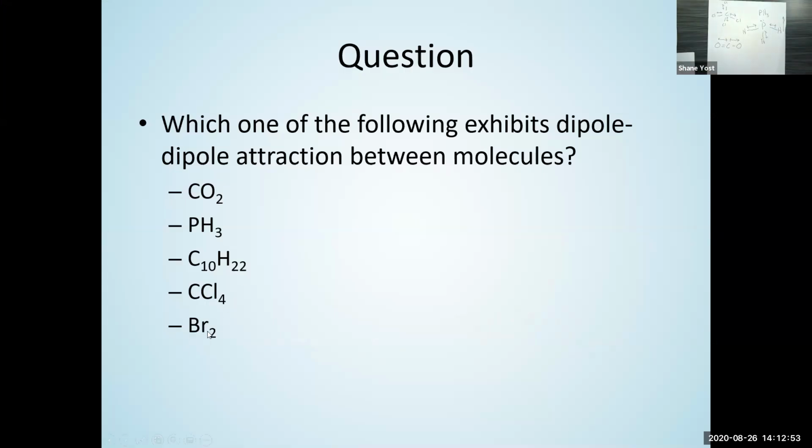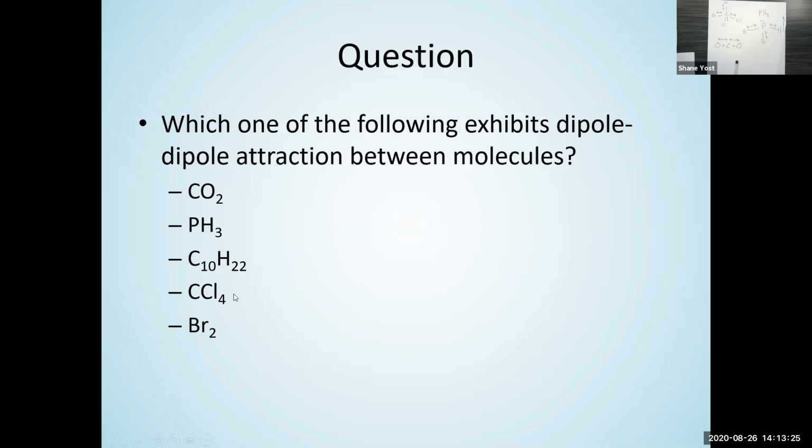And Br2, there's no polar bond, so that will not. And then the C10H20, anytime you see these carbon-hydrogen compounds, they're not going to have dipole-dipole interaction. If there are some oxygens or nitrogens thrown in, then they will have dipole-dipole forces. But if it's a pure hydrocarbon, just hydrogen and carbon together, in this case decane,